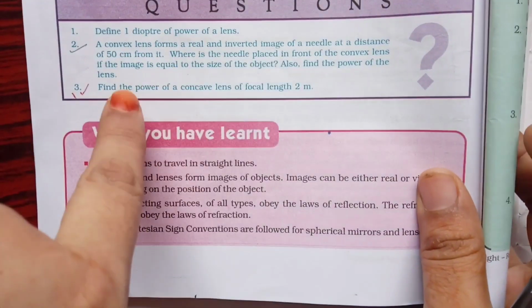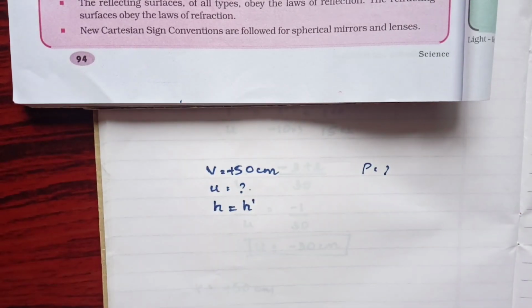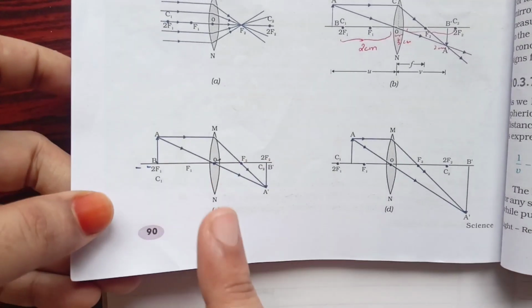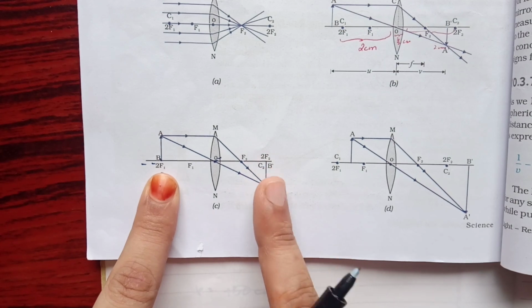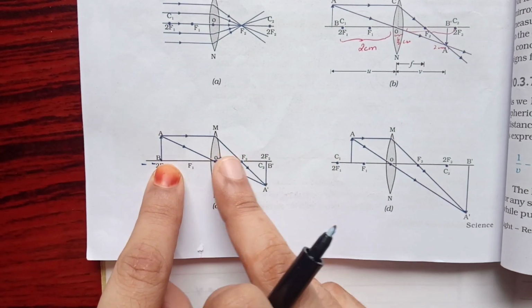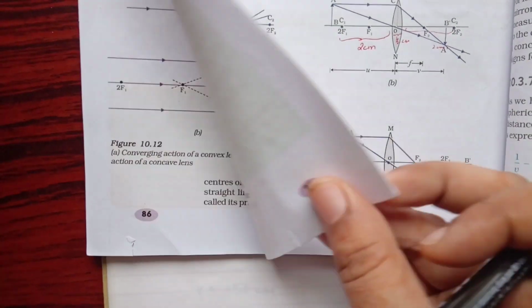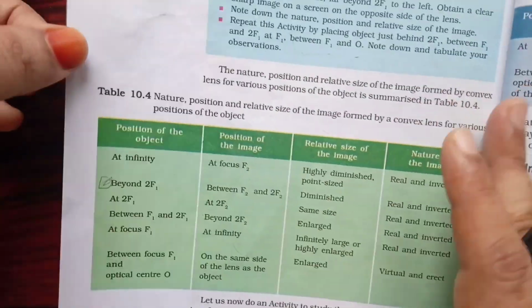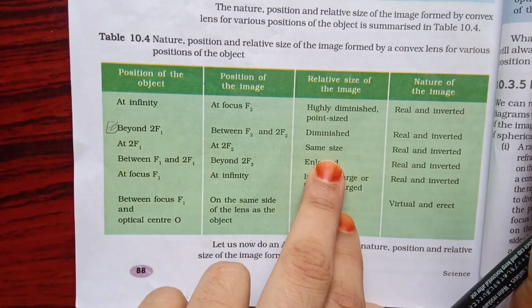Other than that, I also need to find the power of the lens. So we'll come to power later. First we'll solve this mystery. Now if I have to explain regarding your convex lens, you will get a same-sized object and image only when your object is at 2f1, your image will be formed at 2f2. That means this distance and this distance will be the same, just that this is going to be minus and this is going to be plus. So you can also check it in your table given to you on page number 88. See here the third one, when the object is at 2f1, the image will also be at 2f2 with the same size.